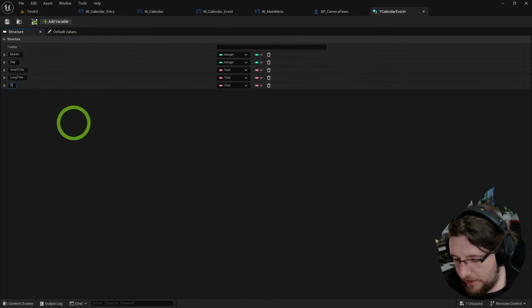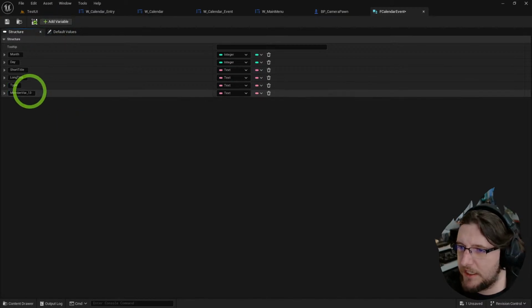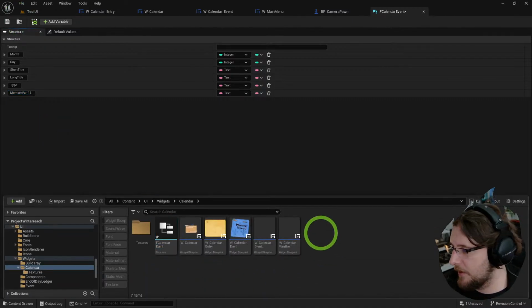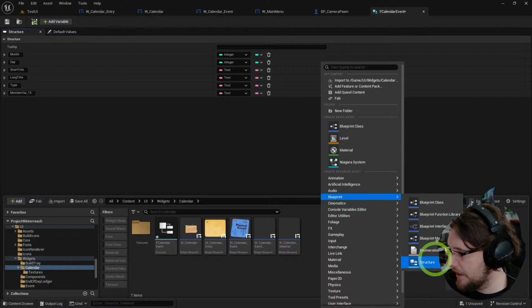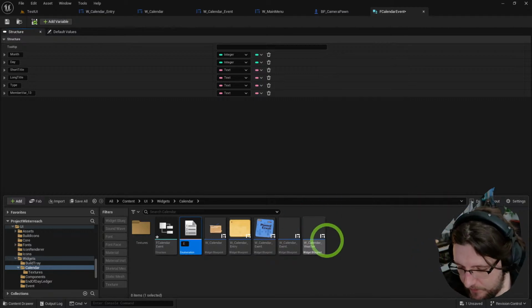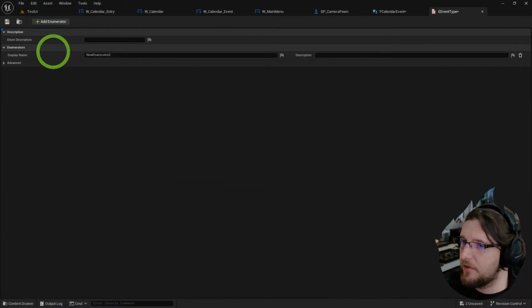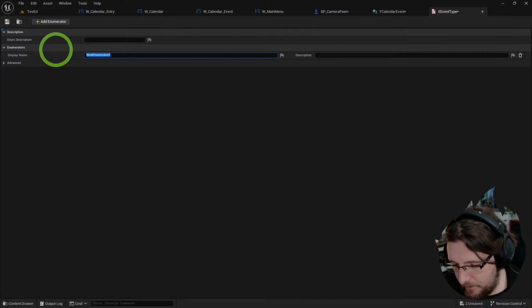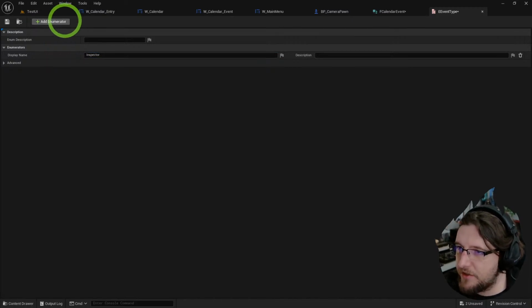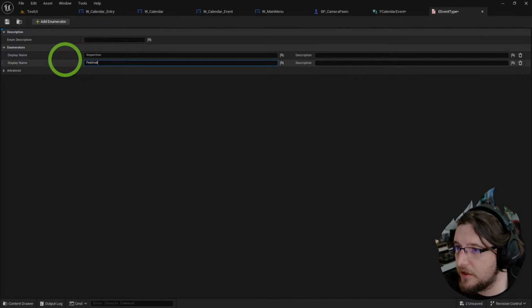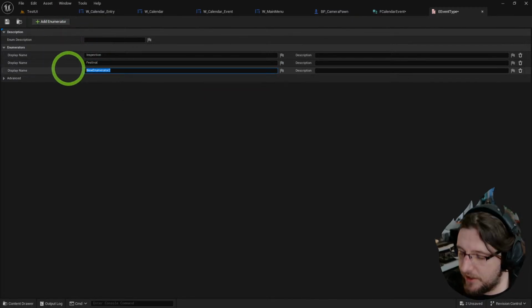We'll have the type, which I was going to use an enum, but I think it's just going to be quicker to allow them to write the word festival. Actually, we will do an enum. I think that's reasonable, because what the enum can do is it can define style as well. So we'll have E event type, and in here we'll have inspector or inspection. We'll have festival, and we'll have